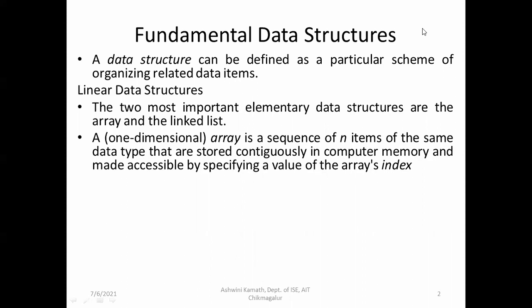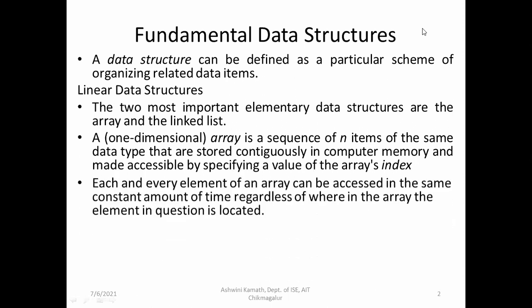So you know that an array is a collection of data items of the same type. It will be stored in continuous or contiguous memory locations, and it will be accessed by specifying the array index. If you want to access a particular element from the array, you can just specify the index of that. For example, if you want to access the 5th item, you can specify a of 5 and you can access that. That 5 is called the index, right?